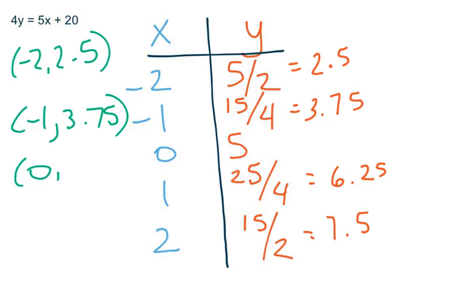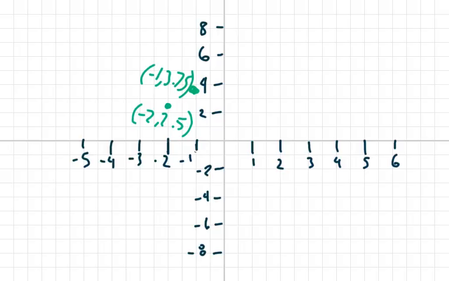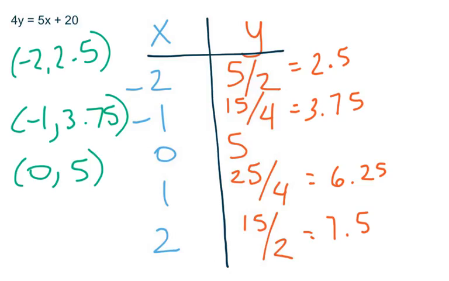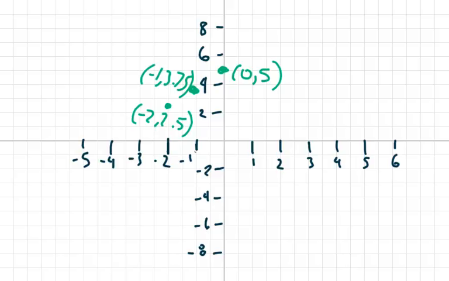Then we have 0, 5, so 0 on the x-axis and going up 5 units on the y-axis, that's right over there, our point (0, 5). Our next one is 1 and 6.25. So we're going to go across 1 on the x-axis and up 6.25, so 6 and just a little bit on the y-axis. That gives us 1,